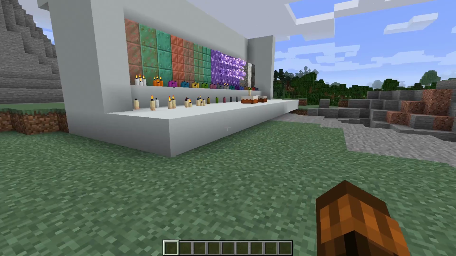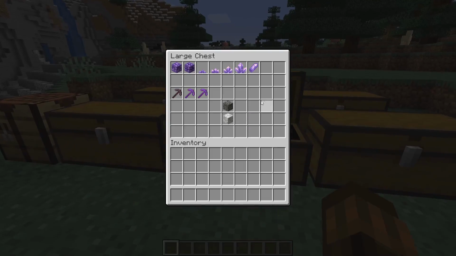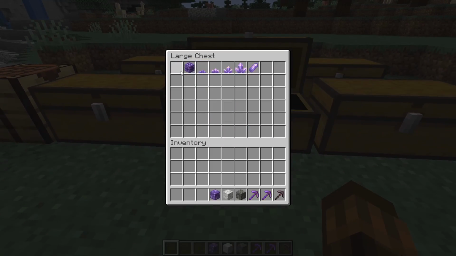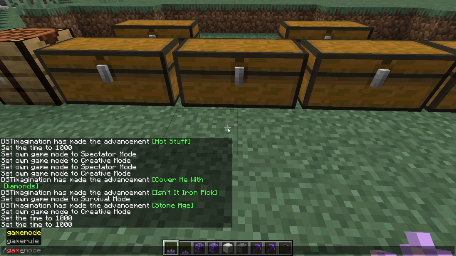I wanted to talk about candles for a second, because they're cool. They're really cool. Okay, so amethyst geodes. I'm going to show you. I would go inspect here and show you, but let's grab everything out of the chest first. Amethyst geodes. Let's go to 1. Let's slash gamemode creative, and then slash gamemode